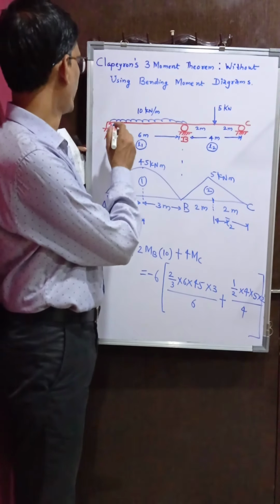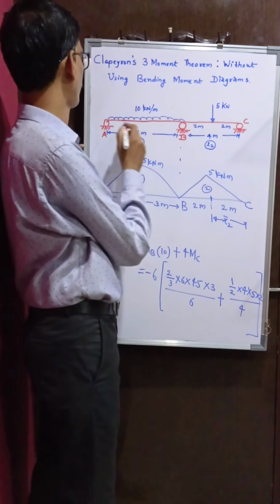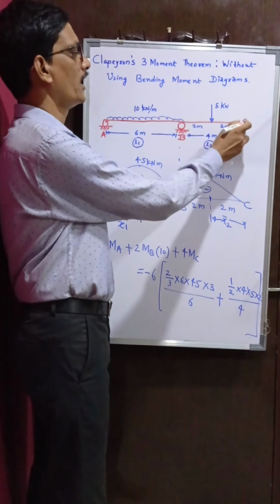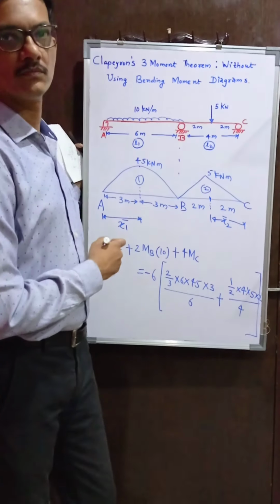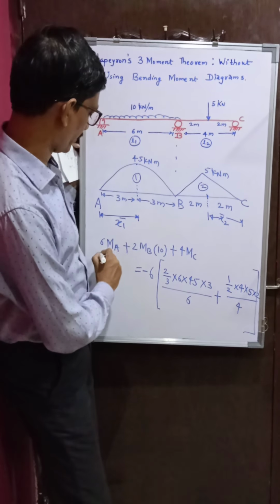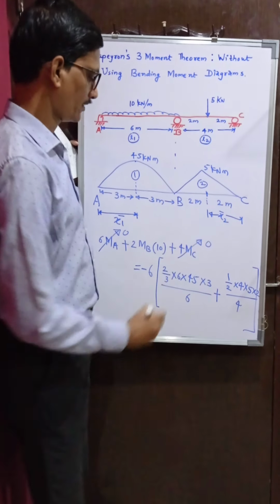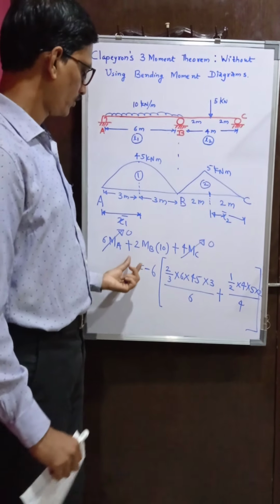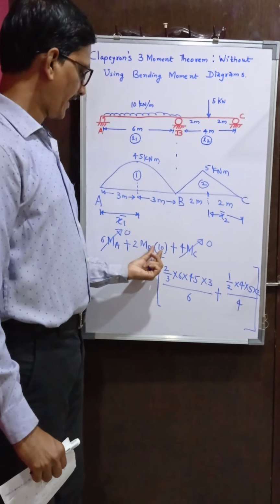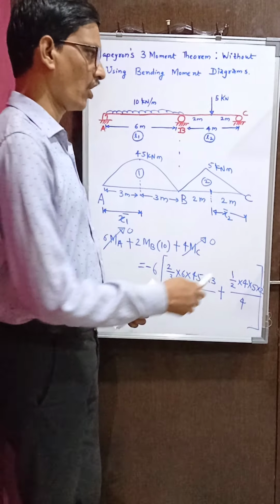Now we know that A and C are extreme simple supports, and therefore moment at A is also 0 and moment at C is also 0. So since bending moment at A and bending moment at C are 0, straight away I can say that this term is 0 and this term is 0. And therefore I am left with 10 into 2 MB is equal to this term. And therefore when I solve,